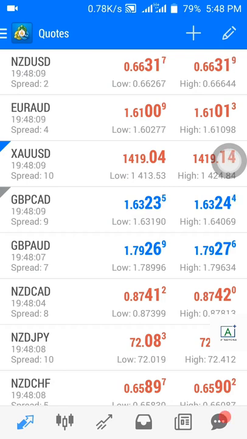In this video I want to show you how you can find your indicators on the mobile MetaTrader 4. So this video is basically for those using mobile phones to trade. If you are looking for indicators on your mobile MT4,